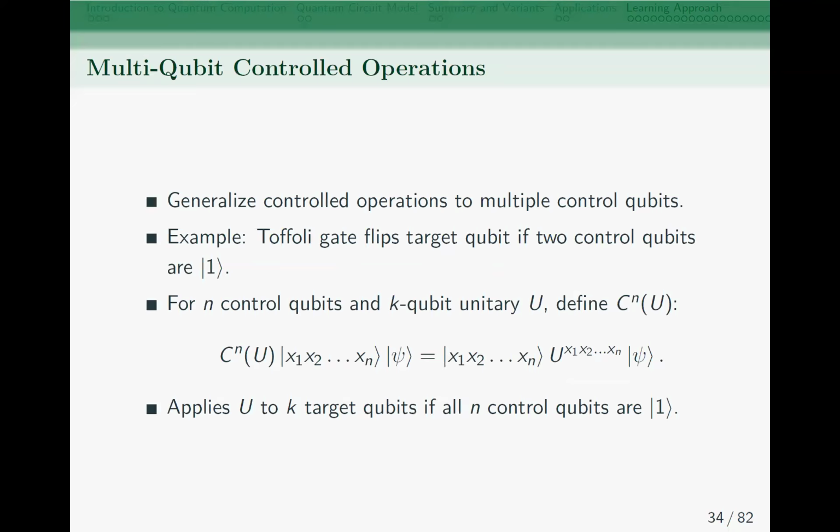Okay, so now I want to convince you of something. One can also define a multi-qubit control operation, which is much more complicated. It means you can define a more general thing. You can say, I take K to be unitary U, and I can define a multi-qubit control, meaning that if the first n qubits are all 1, then I will apply a unitary U on the